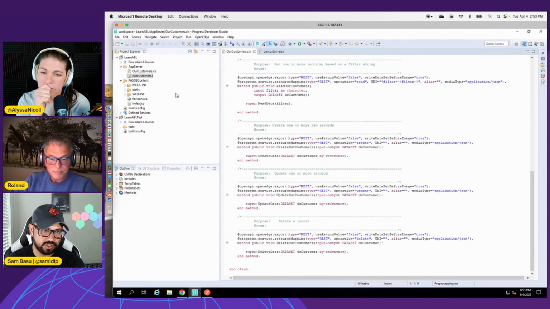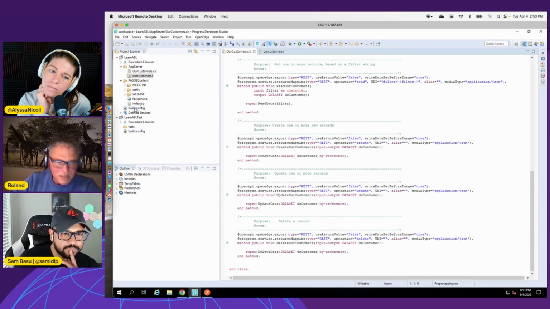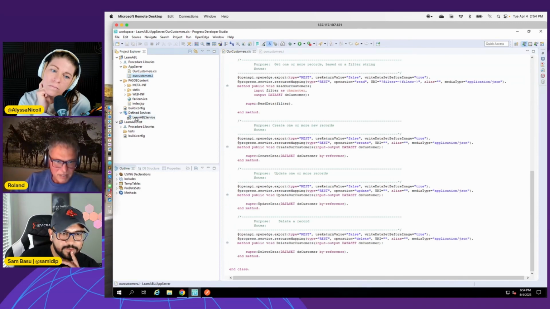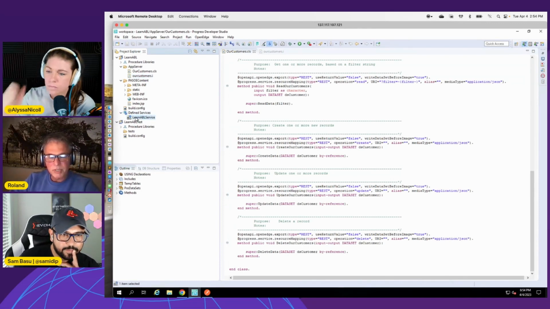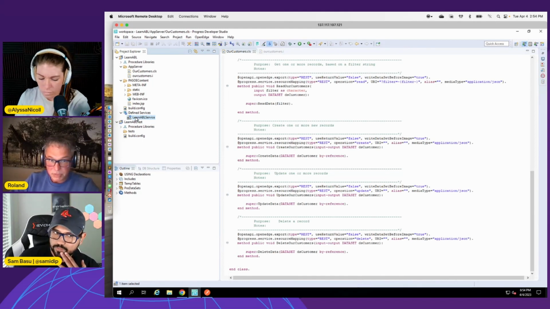So with just that, is it ready for deployment? Yeah. So now, what you can see in the Project Explorer is a thing called defined services, to the bottom. Defined services. Okay. Yeah. So when I created the project, it asked me, well, what's the name of your service? The default is Learn ABL service. So if you double click on it,